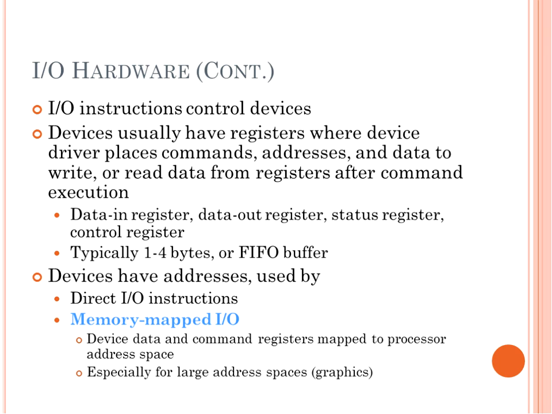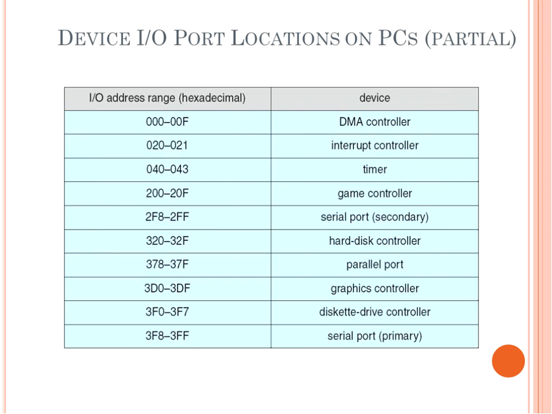We all know and love addresses. We know how we did this with memory. But typically anything with a computer has to work with some kind of identification. This identification is typically known as an address. So your ports will have addresses. Your port number is like an address. So, device input-output port locations on the PCs.